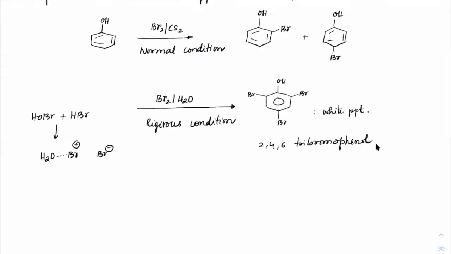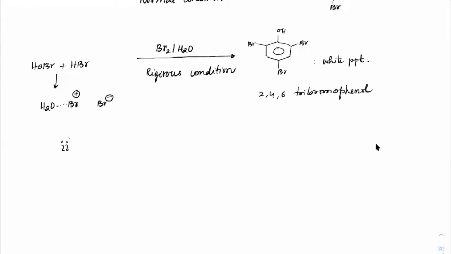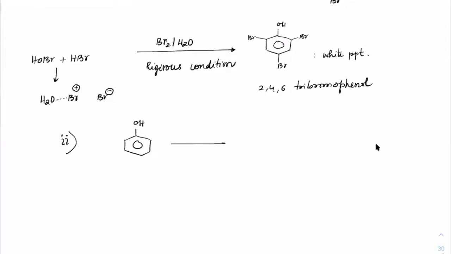I hope everyone noted that. Let's see a similar rigorous condition here. We call this 1. Let us see the second reaction. Phenol and aniline both have very strong activating groups, like OH and NH2. On treatment with HNO3, this would be a normal condition. So in the normal condition, the substitution happens at ortho and para positions, OH with NO2 here, OH with NO2 here.